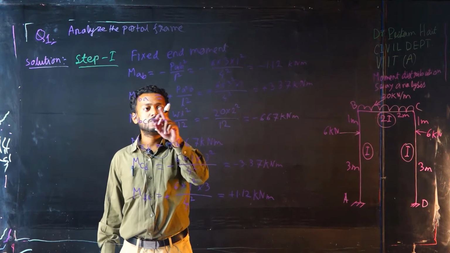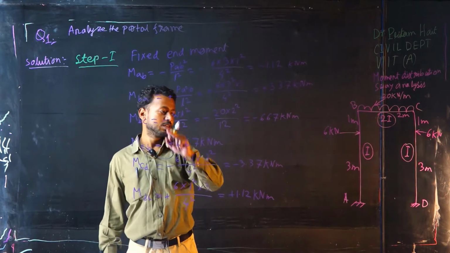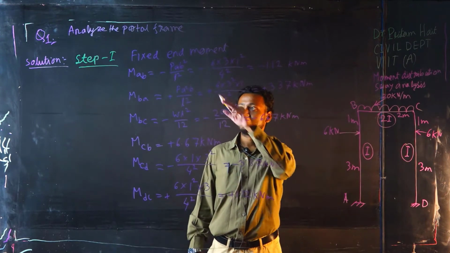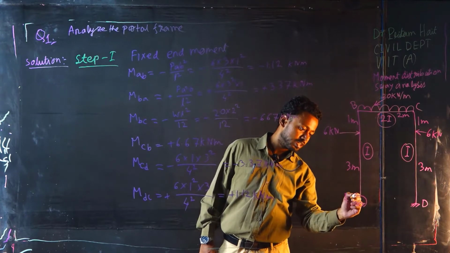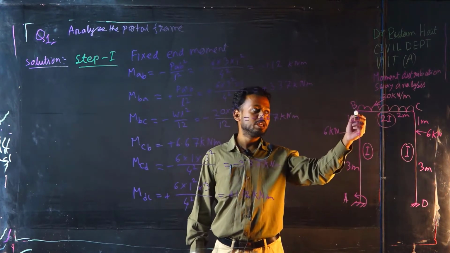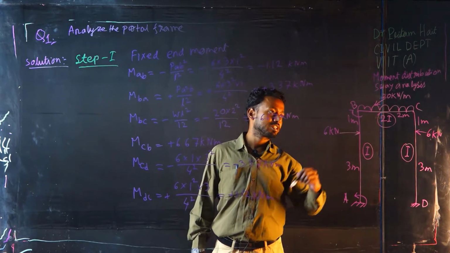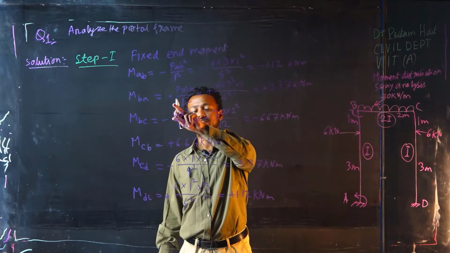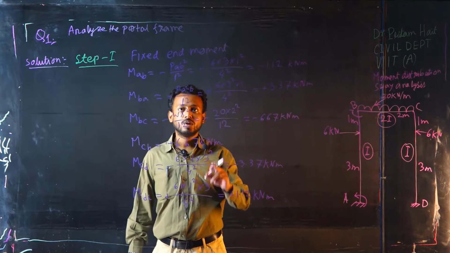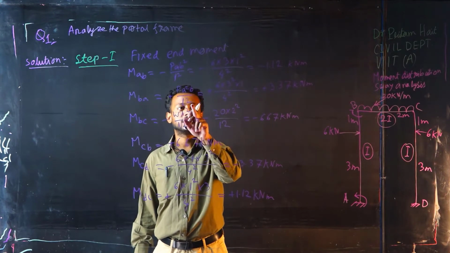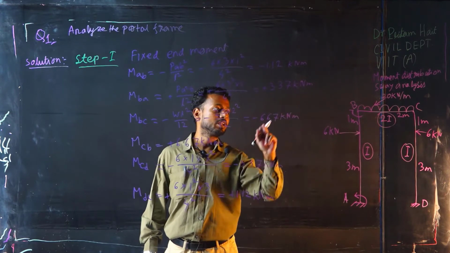Now you calculate MBA, put the same, it will be negative and it will be positive. Okay, because the reacting moment at A is anti-clockwise, that means in this direction, but at B the reacting moment is clockwise, that is in this direction. That's why it is negative and this is positive. So plus P A square B by L square, put all the values and you will get the fixed end moment 3.37 kilonewton meter.